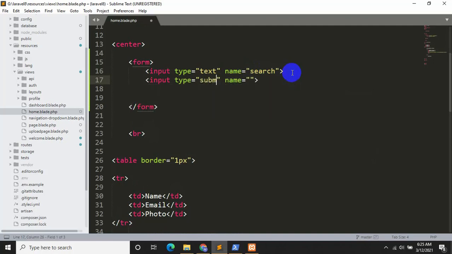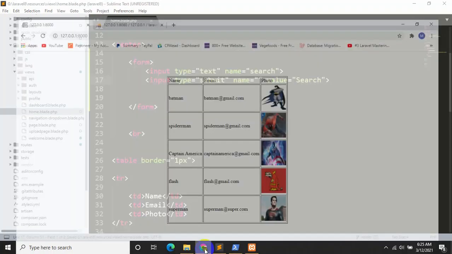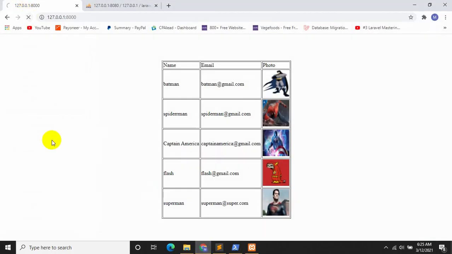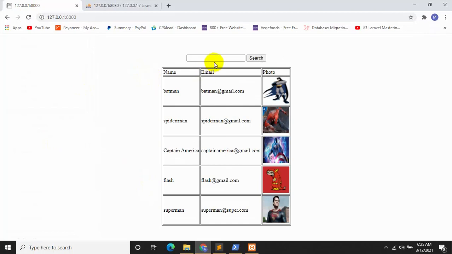Input type will be submit, and we'll give it the value search. Let's save it and check how it looks. Okay, we have a search option over here right now.